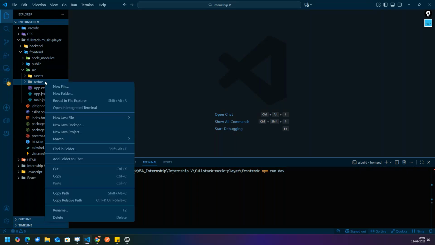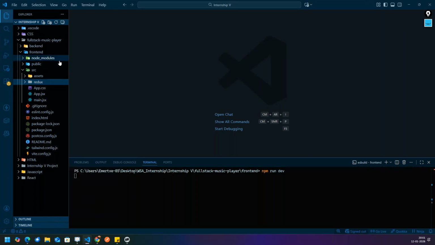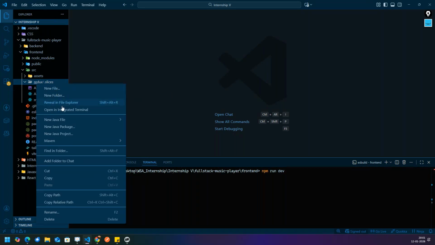In this new folder we are going to create one more new folder called slices. Slices means suppose shirt and pant, just for now. And then we have to write an almirah or a cupboard, correct?